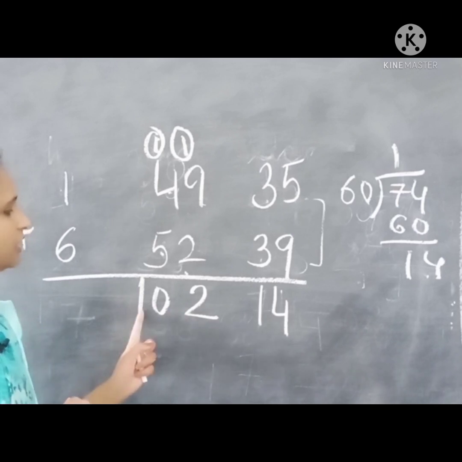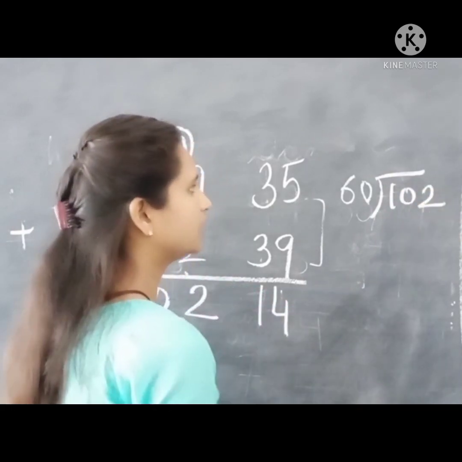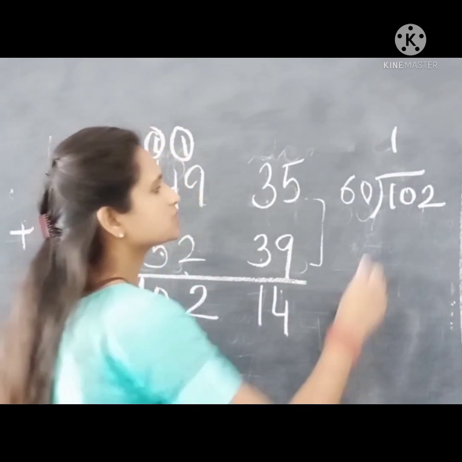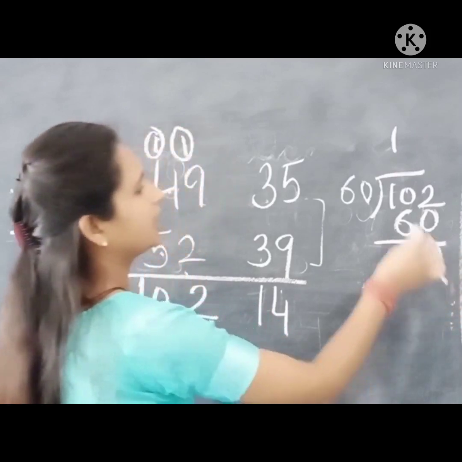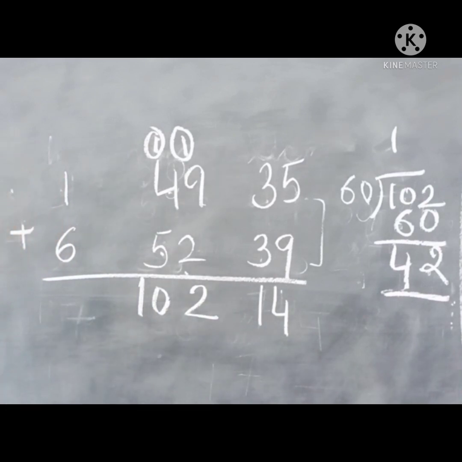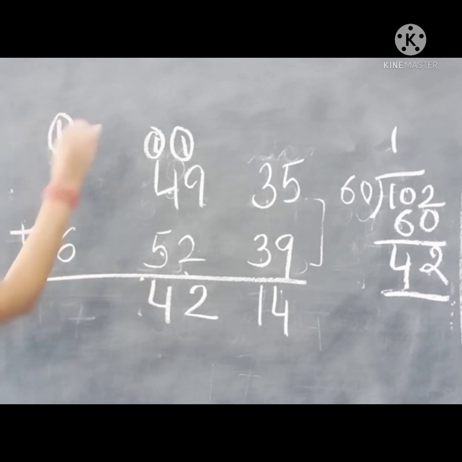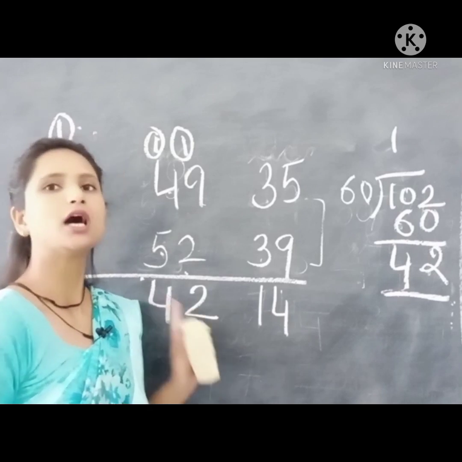Okay, now we will divide it with 60. 102, 60 2s are 120, again we have to divide it with 1. 60 ones are 60. 2 and 10 minus 6, 4. 42. Okay. So instead of 102, we have to write here 42. And 1 will go here as carry. 6 plus 1, 7 plus 1, 8. 8 hours, 42 minutes and 14 seconds is our answer.